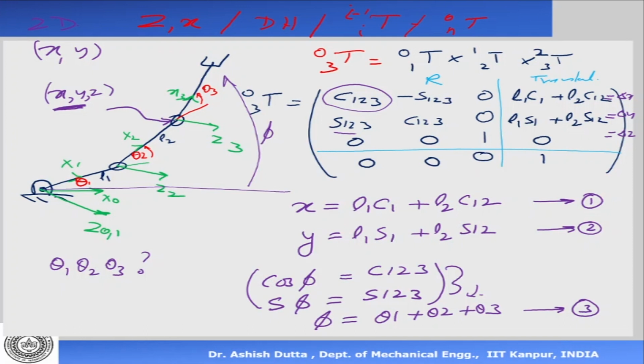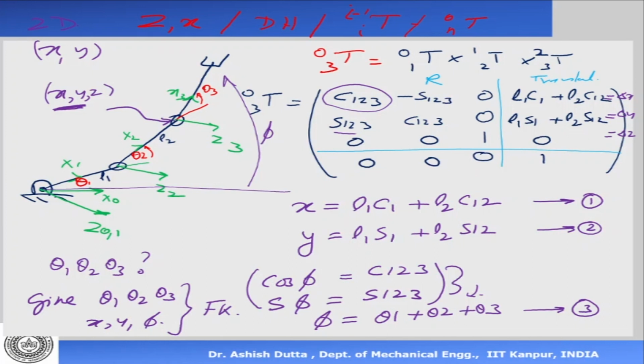If I give you L1 and L2, the link lengths, they're fixed. If I give you theta 1, theta 2 and theta 3, you can tell me what is x, y and phi. And this is basically called my forward kinematics problem. In forward kinematics, I give you the joint angles and you tell me the position and orientation of the end effector. Now the inverse of that problem is the inverse kinematics problem, which is actually more useful.